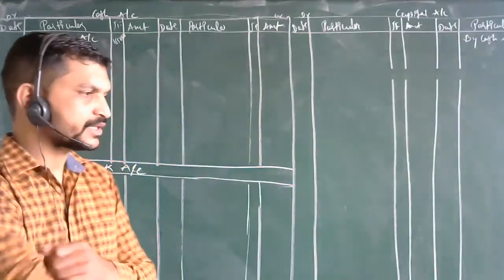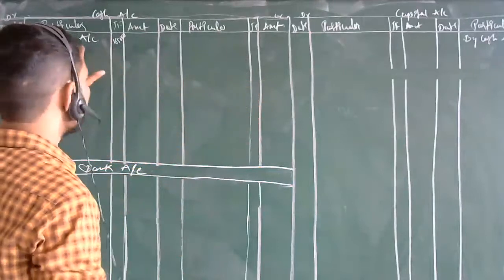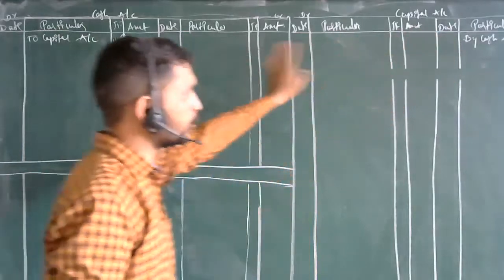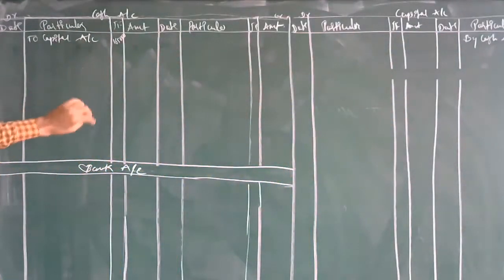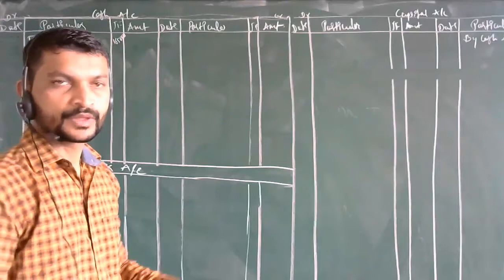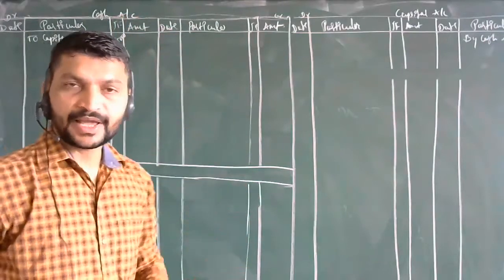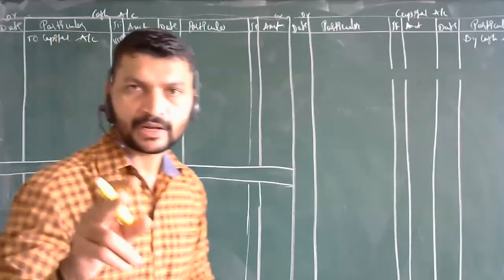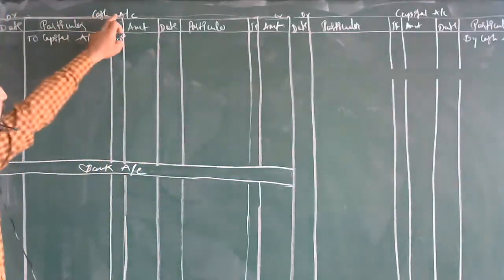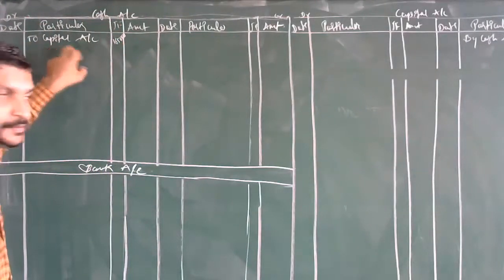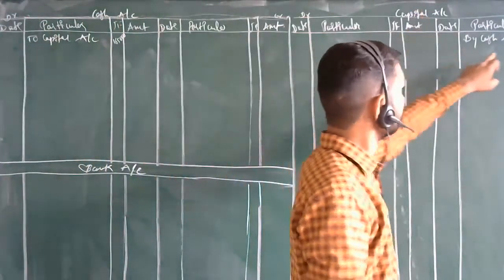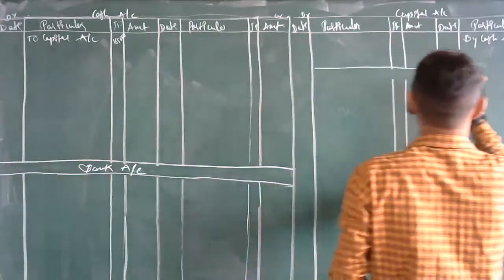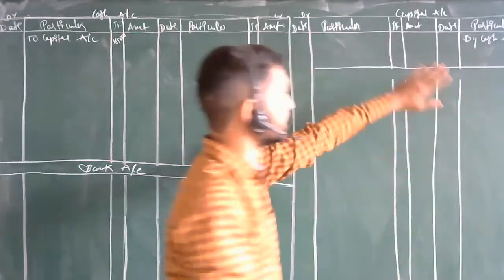Okay, first transaction got over now. Here I have taken the cash entry and here I have taken the capital entry. Now both the accounts got cleared. Cash account is debited, cash account debtor to capital account. In the cash account, debtor side, you have put the entry, and in capital, credit side, you have put the entry. So the transaction got completed.